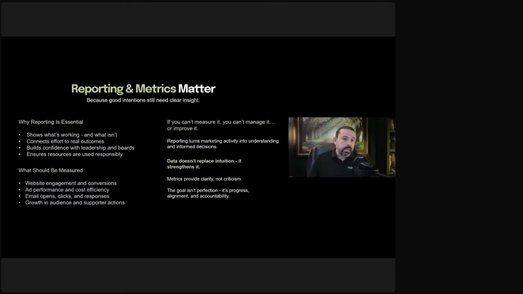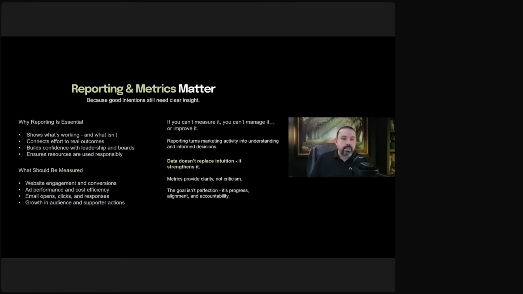Reporting and metrics. I told you we're going to cover this a little bit. Why is it important? Because good intentions still need clear insight. Guys, I have hunches all the time, and I'm going to tell you, sadly, 9 out of 10 of them usually don't work. I've got to look at the data. And a lot of times we're seeing that folks are doing ads and social media marketing, all that, and they're not looking at their data. They're just blasting it out there and hoping things work, not really taking the time to look at what's working. I have one organization that was doing a lot of one thing, and they missed that something else they did had like 5,000 views on Facebook, while everything else they were doing was getting like 60. And they realized this is the one thing. If I did this more, I could get more views on social media.